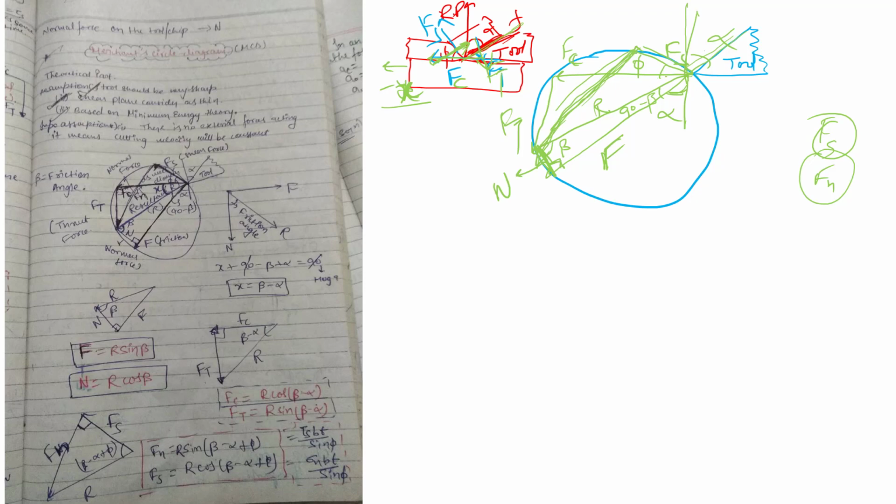By using the angle sum property, this angle will be 90 degrees. This angle is between the cutting force and the reference plane, which is 90 degrees. Let's assume this angle to be x. So the sum of these angles will be 90 degrees: x plus 90 minus beta plus alpha is equal to 90 degrees. So this 90 cancels out, and x is equal to beta minus alpha. So we have found x: x is beta minus alpha.